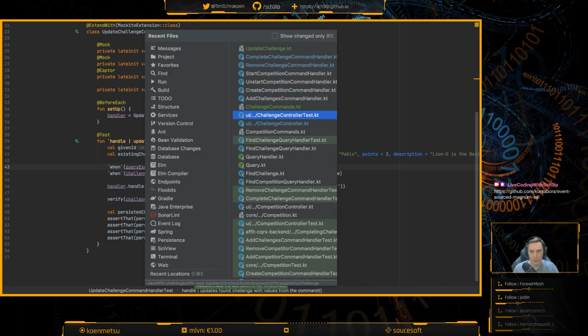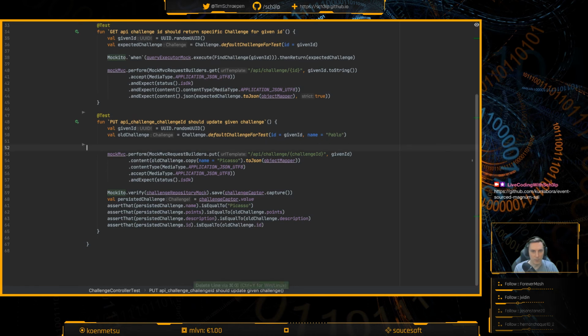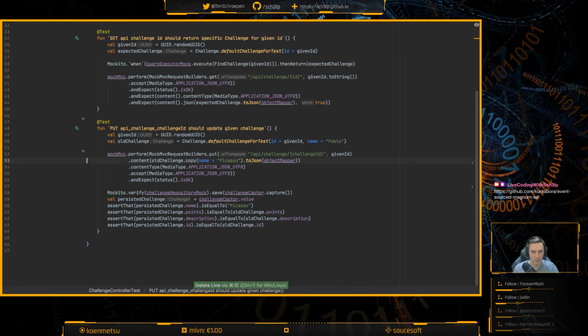Then if we go back to the controller test, I just realized we did it the other way around this time. So this when thing is not gonna happen. The thing that I want to verify though is that the command executor, which is not on the list yet.